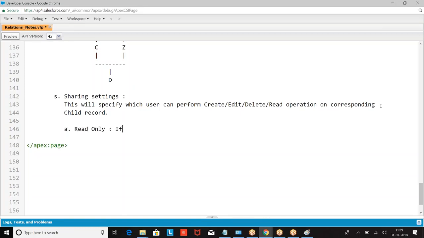Read only. If you choose this option, all the users who have minimum read access on the master record